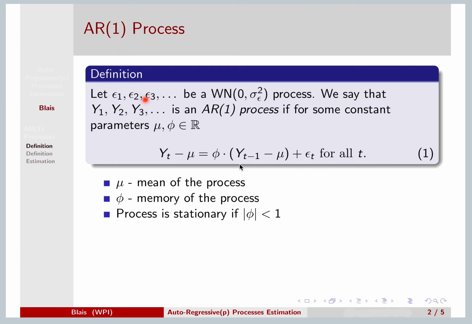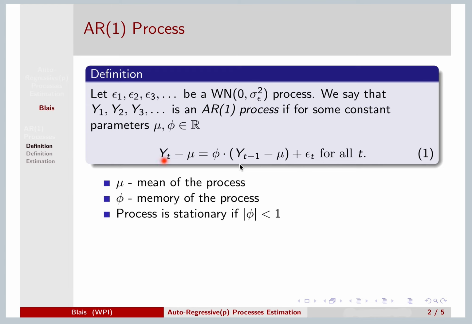We have a white noise process, epsilon 1, epsilon 2, epsilon 3, and so forth. And we say that the sequence y1, y2, y3, and so on and so forth is an AR(1) process if, for some constant parameters mu and phi, we have the following expression for all t. And remember, the way that we think of this is, if you think of t on a daily time scale, which of course you don't have to, this can work on any time scale, but it's often most intuitive to think on a daily time scale,